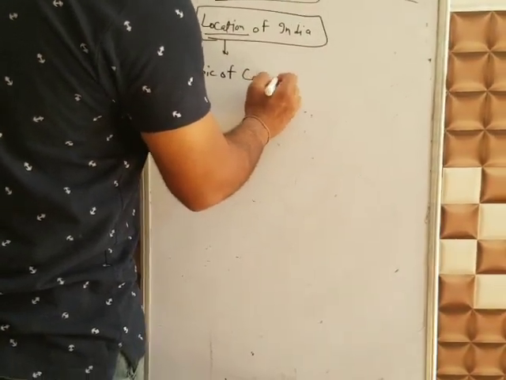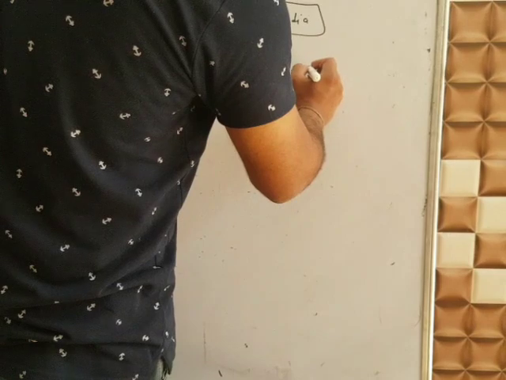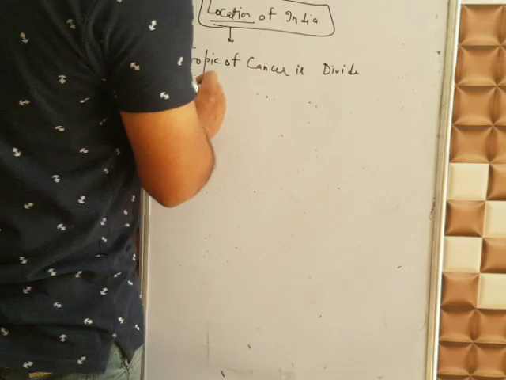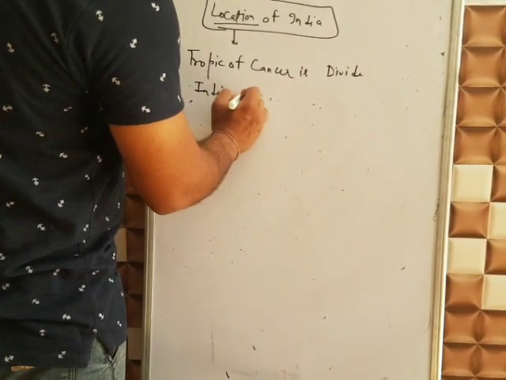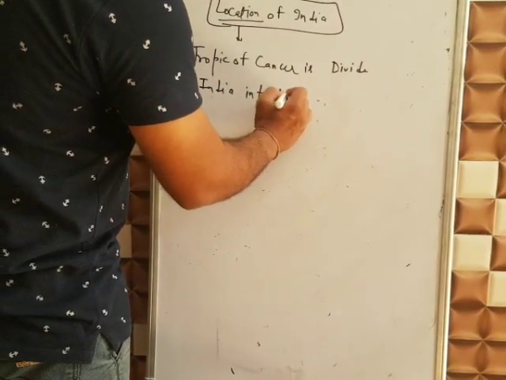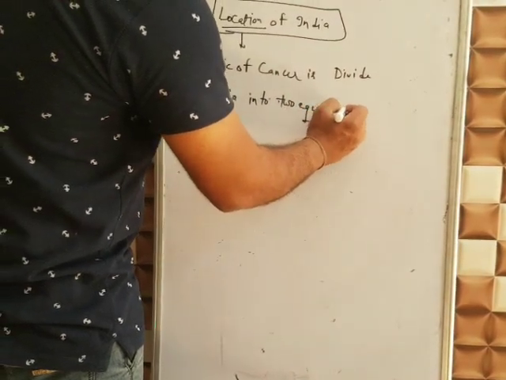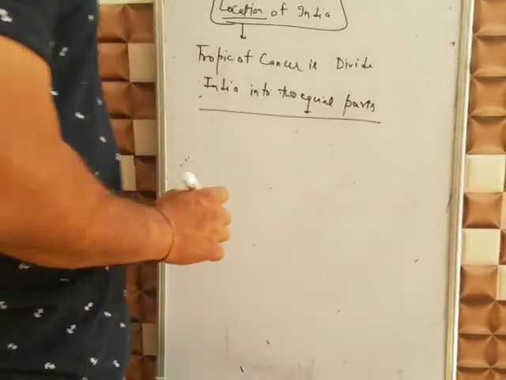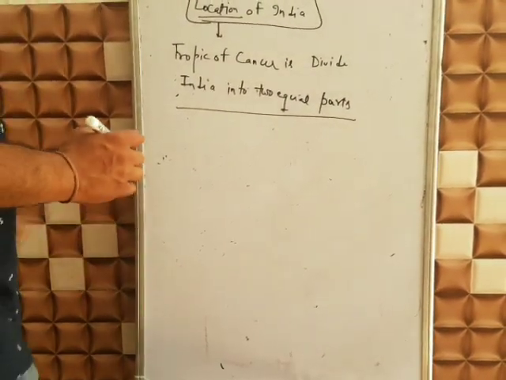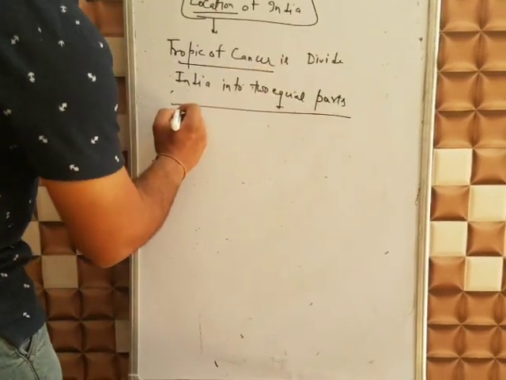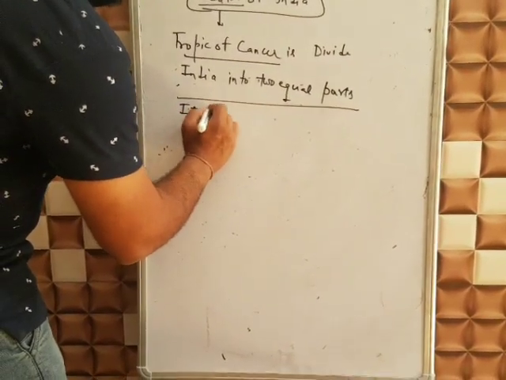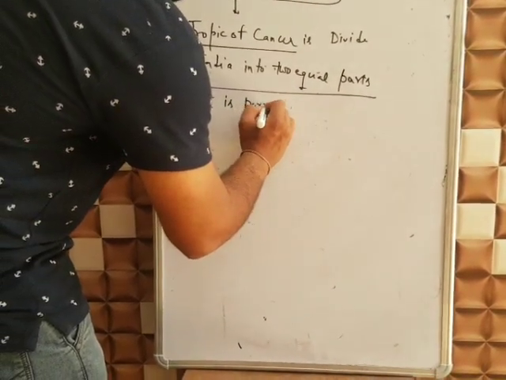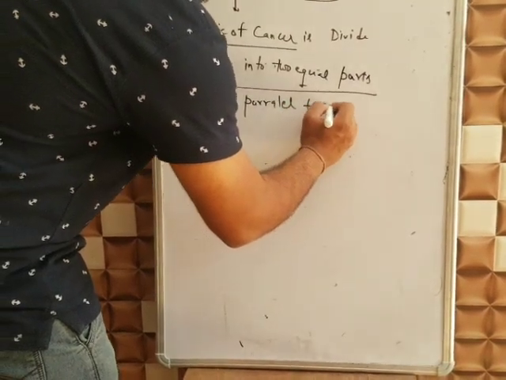Tropic of Cancer divides India into two equal parts. Okay. Now, the Tropic of Cancer passes through India. It is parallel to the equator,